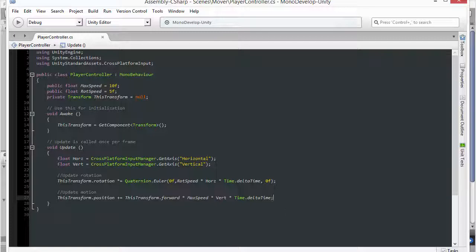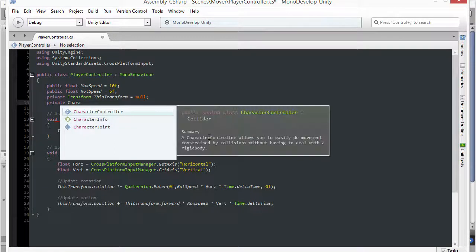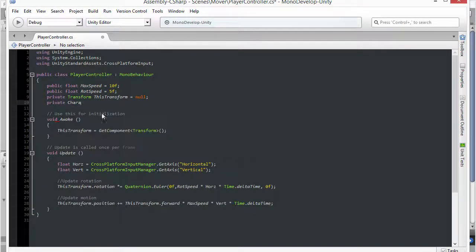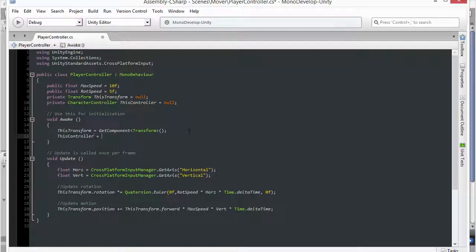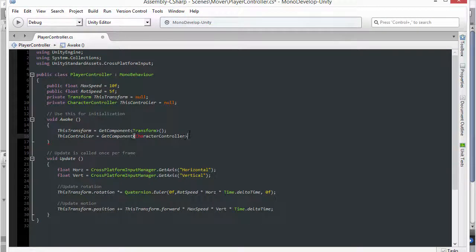So to get started at achieving this, I need to get a reference to the character controller component. Previously, we transformed the object by using the transform component. We still need access to that component, but I also want access to the character controller. So I'm going to add a new private variable and I'm going to call this character controller here. It should appear in the code completion menu. So I'm going to choose character controller and I will name this controller and assign it the initial value of null. Now in the awake function, I'm going to get a reference to that component by using the GetComponent function, and I'm going to get a reference to the character controller like so,